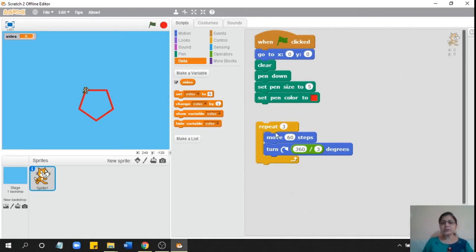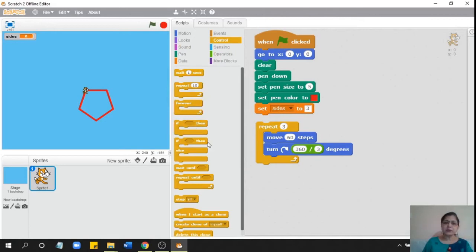Now, initially, I will set the number of sides to 3 because I want to begin with 3. And then I will change it to 4, 5, 6, 7, 8, 9 and 10. So how many times do I want to do this? I can say repeat until sides reaches 10. There is a repeat until block in the control block.